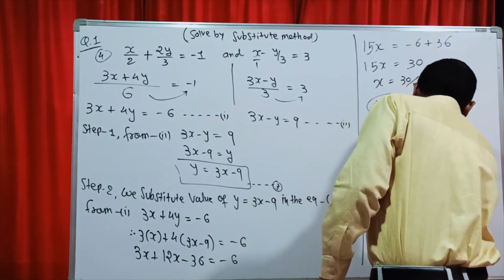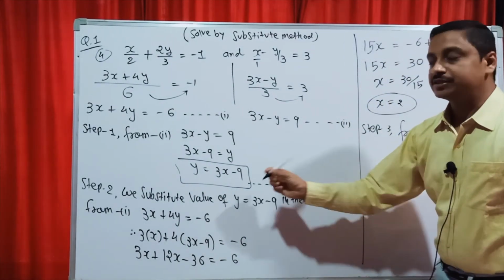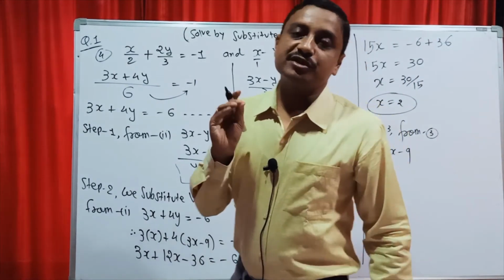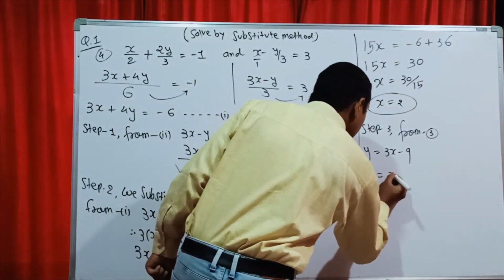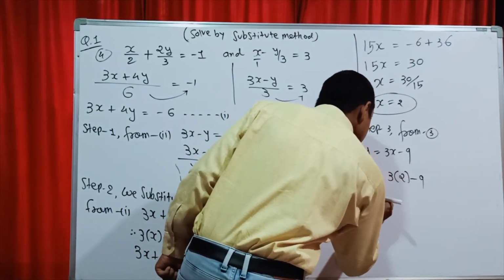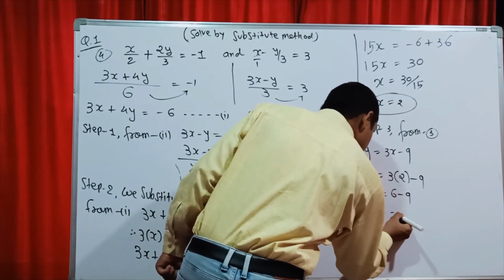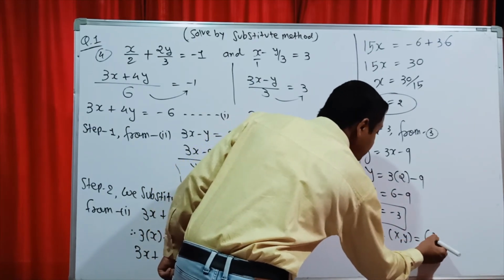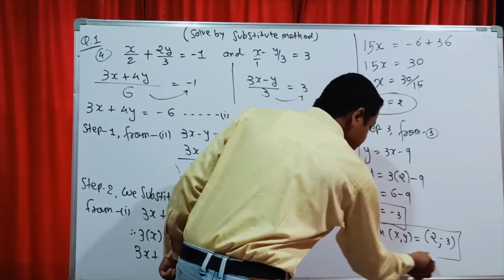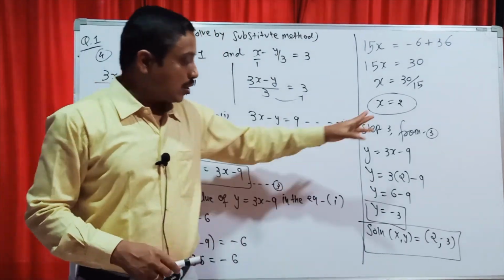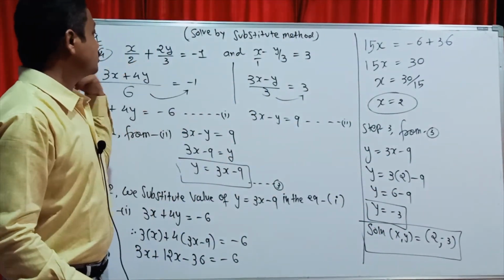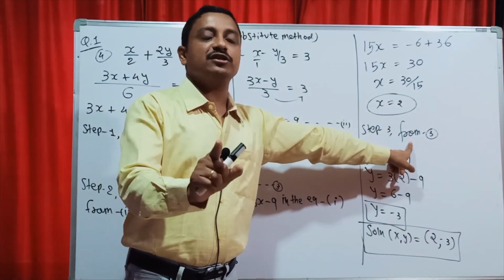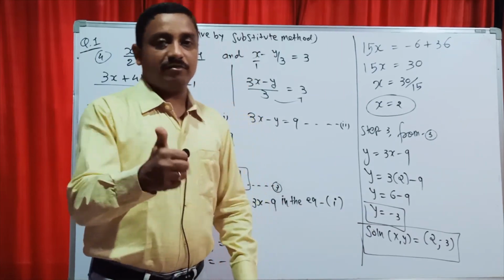Always apply from 3. Here from the equations, y is equal to just 3x minus 9. And students, apply happily your value for x, which is 2. So it is 6 minus 9. How much? Minus 3. So my solution is done here. X comma y is my answer, 2 comma minus 3. Yes, this 2 comma minus 3 is your answer here, applied successfully and easily done. Students, always utilize the third equation in step 3. And these are the main steps.